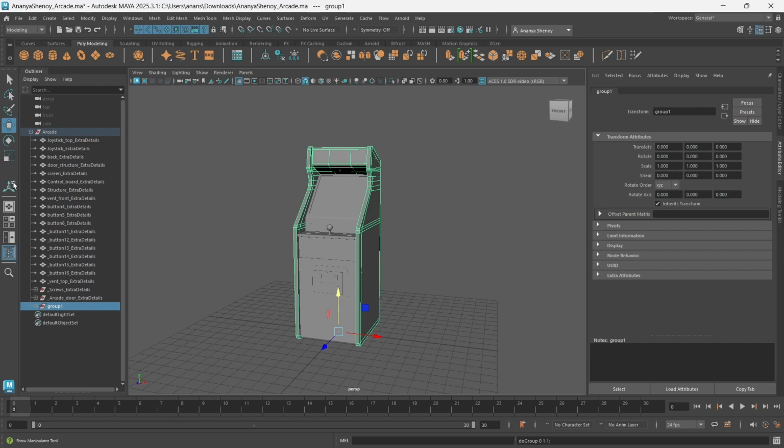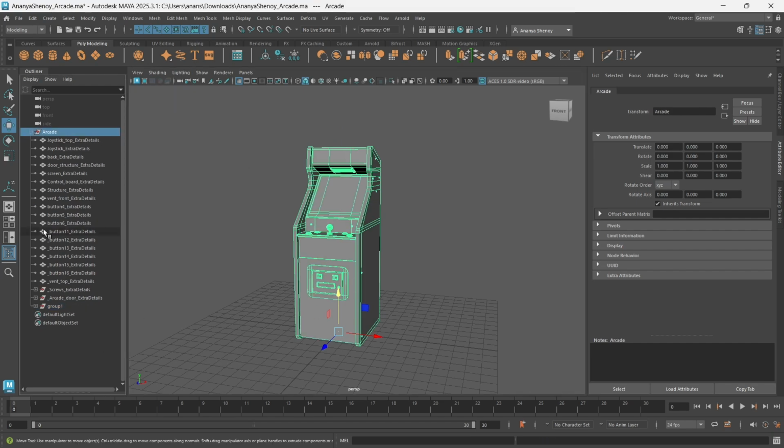And if these objects are already within an existing group, they'll just form a new group inside that one. So you have arcade, and inside arcade you have group 1, which I just formed, and I can call this arcade main pieces.